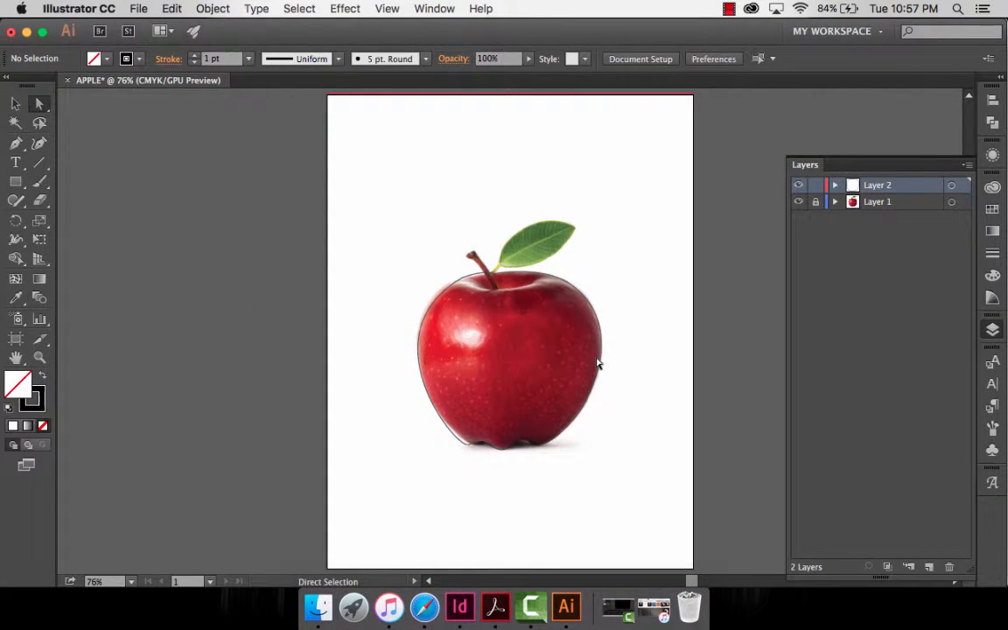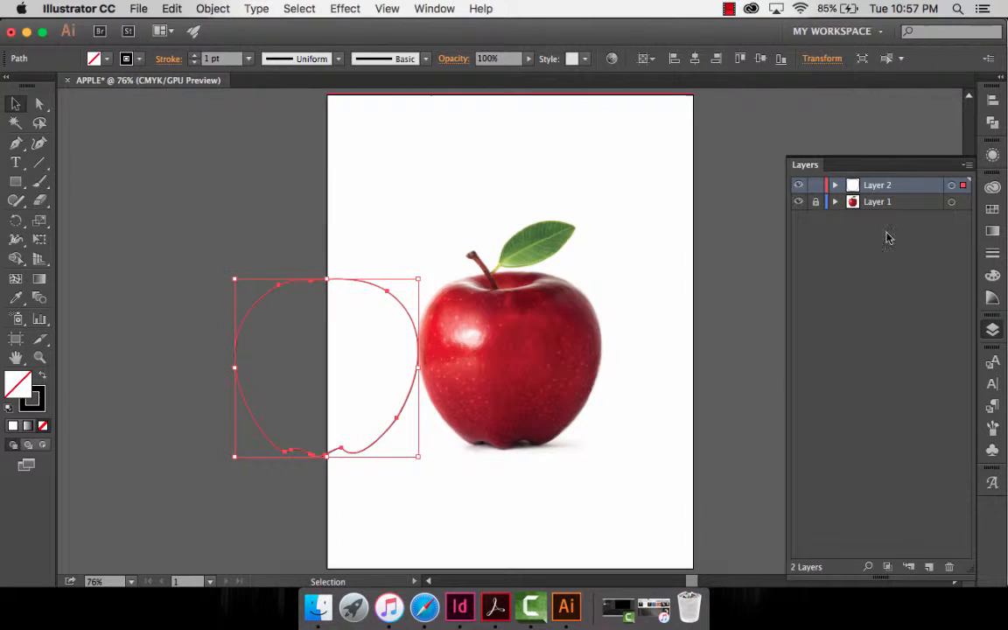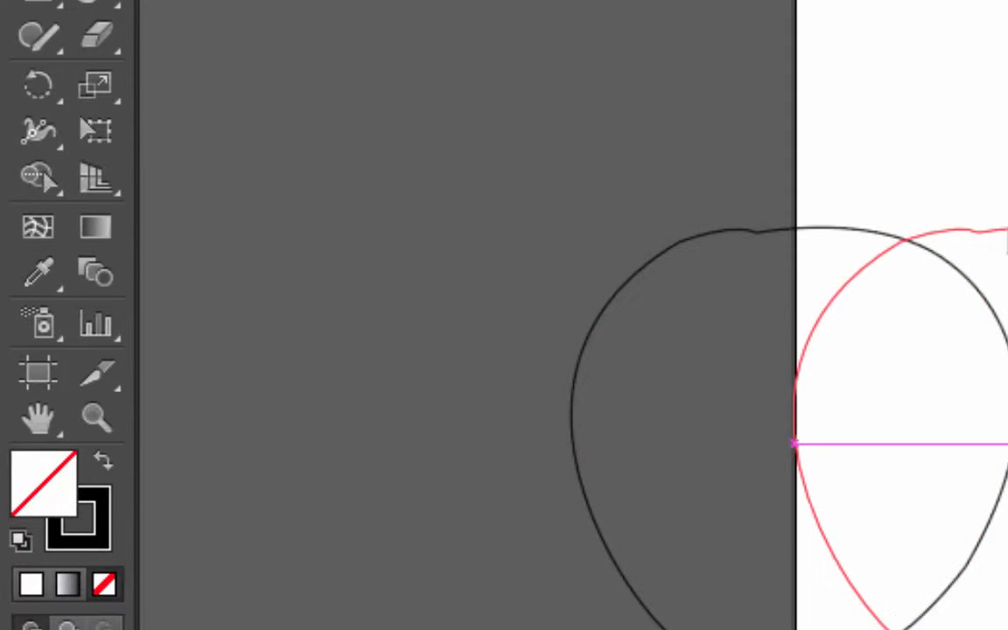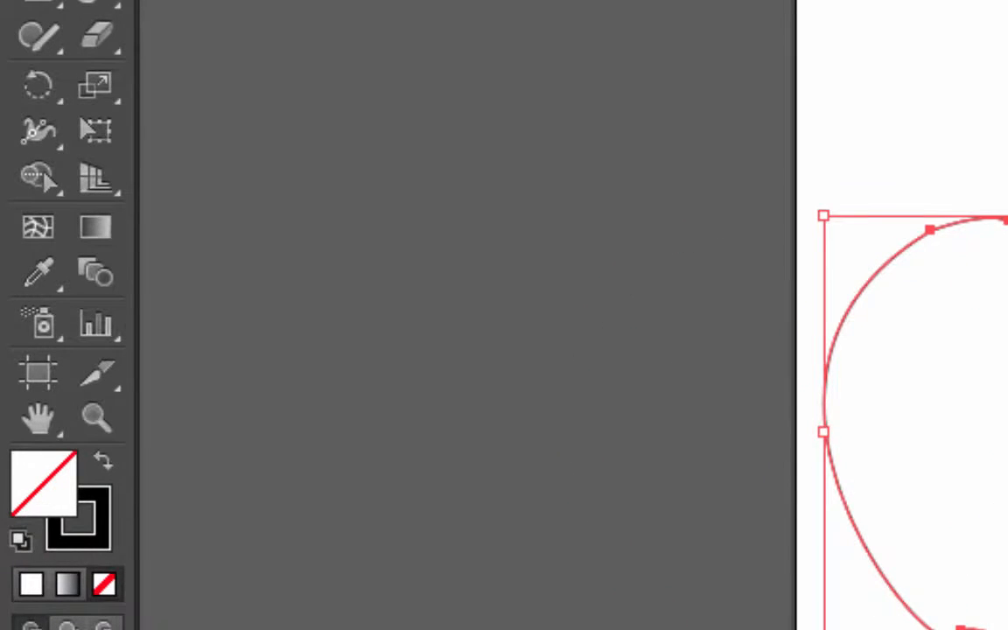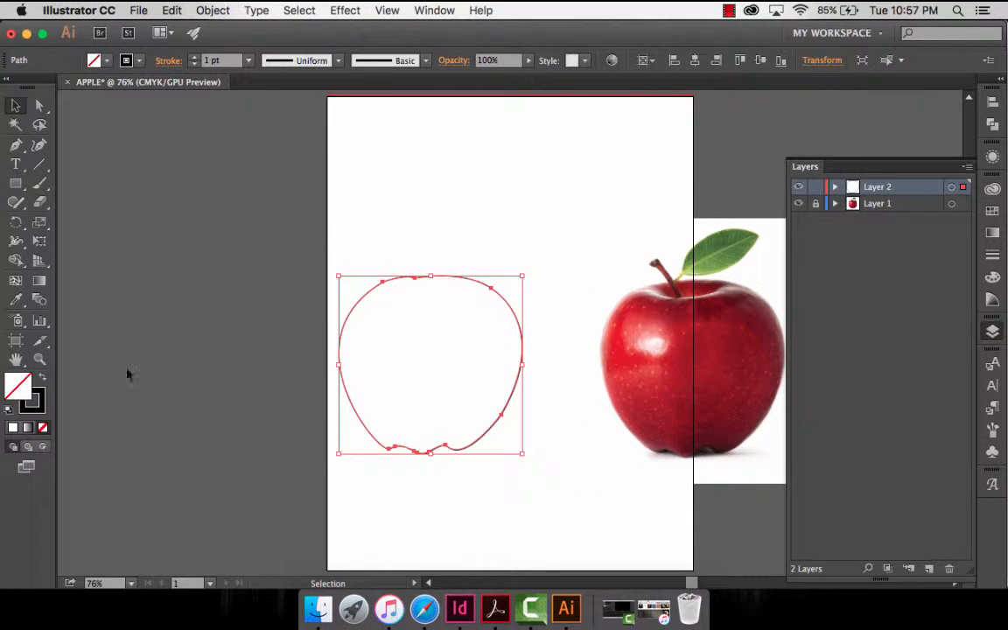We're going to move it over so we have more space to work and we can actually see the progress of our work, comparing the two images together. We're just going to lock that layer again. So this is our shape. I'm going to go ahead and give it a fill using the